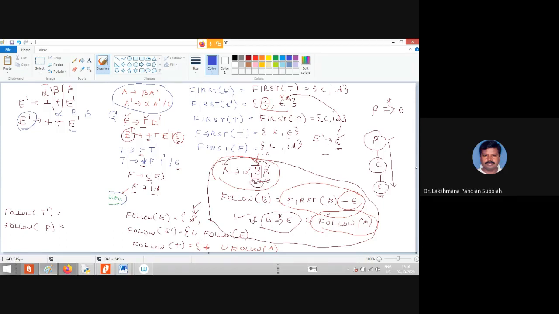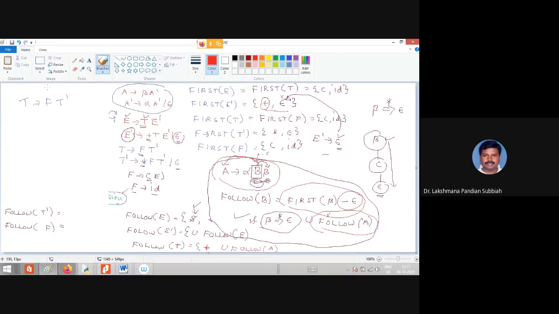So there is no case of adding a new symbol. Next you have to consider T dash derives f T dash. The same way you are going to do for it. Here now you can directly tell that T derives f T dash. Now B is matched with F.